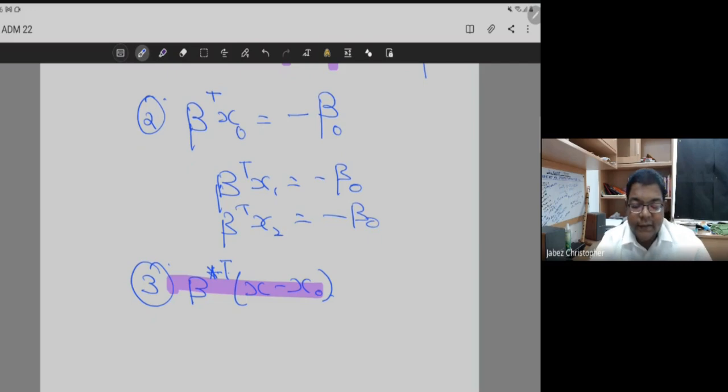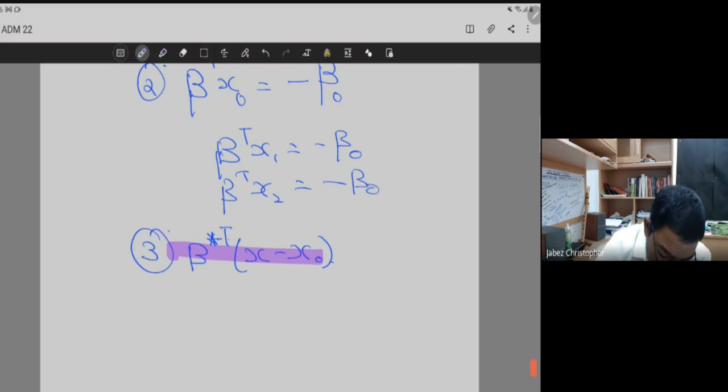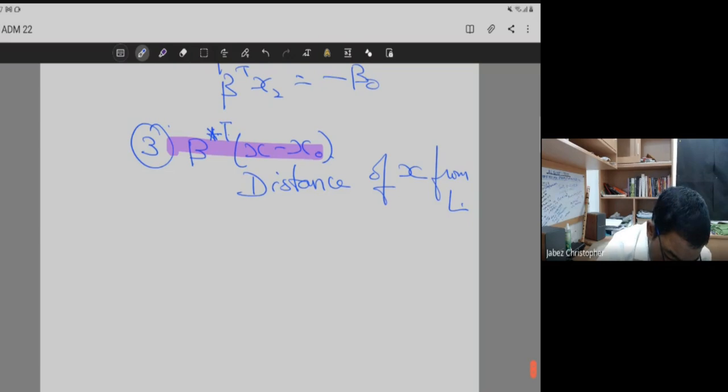When does this condition occur? This is the case when x does not belong to L. When x does not belong to L, this highlights the distance of x from L. So this should be equal to